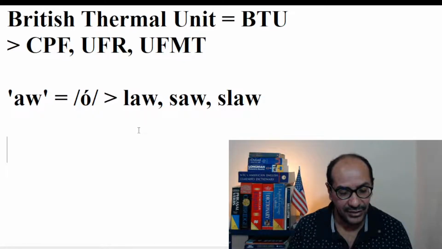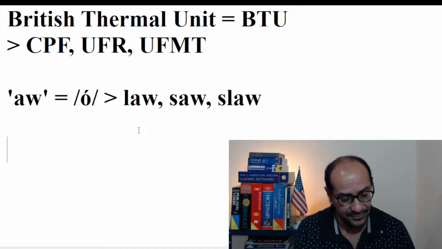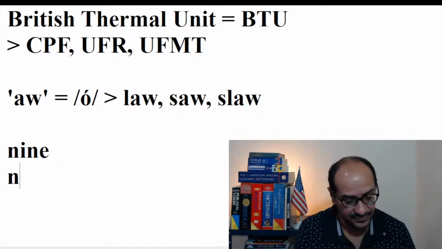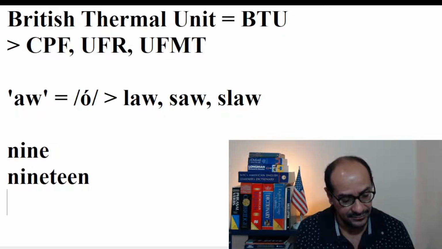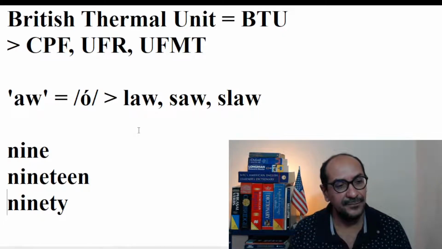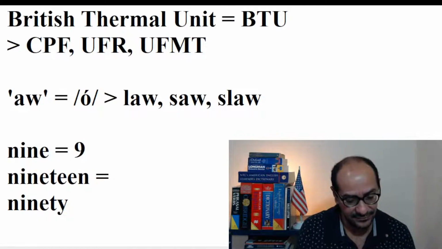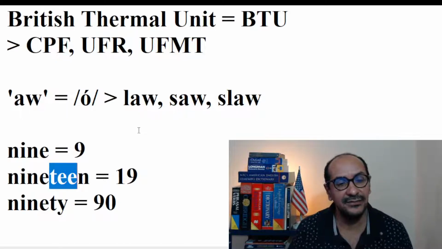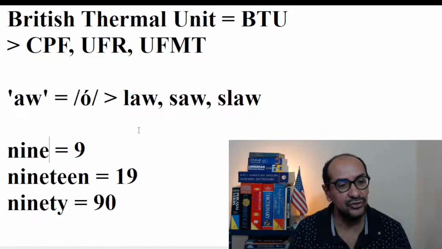Remember that some words are kind of difficult for some people to write. I'll give you just some examples of numbers. I remember, for example, number 9. So we have number 9, number 19. Okay, let me see. Yes, you can see that. And the number 90. Some people, I remember, have kind of a problem remembering that this is number 9, that this is number 19, and this is number 90. But Jerry, why are you saying this? Because you see 9, 19, and 90, as we usually say in English.